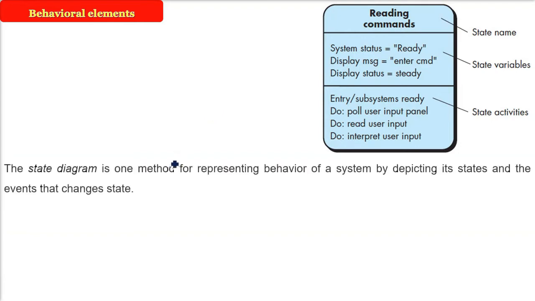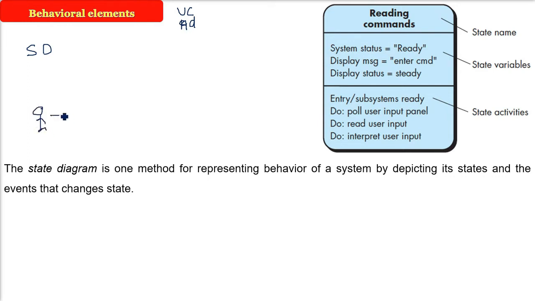Now every element has a behavior because it is going to change. The state is going to change. Whenever an actor acts on the system, it is interacting with the objects. Objects will be interacting with the variables and the functions, that is, the attributes and the operations. The state will change. So a state diagram is one method of representing the behavior of the system because it is showing different states, because every time some event occurs.